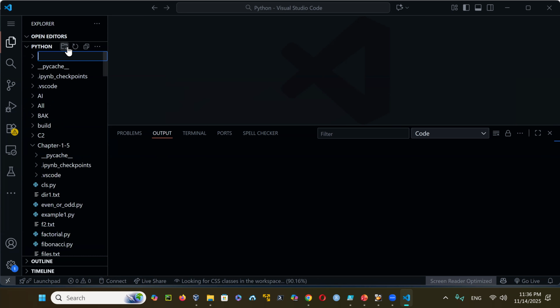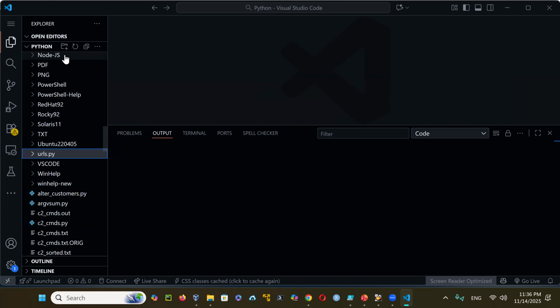New file. Why is it done? Okay, new file. I'm gonna just say an example of this one, URL, urls.py. Just name it urls.py. So right here, if I just double click on this one,